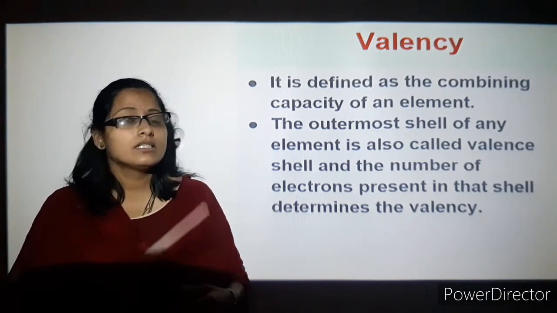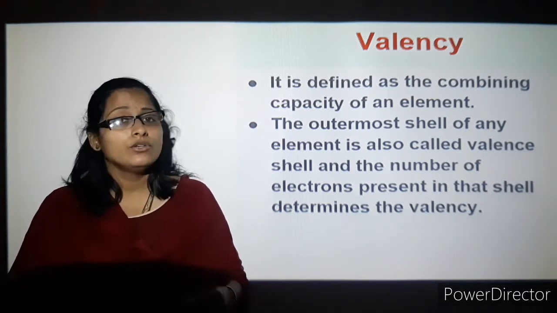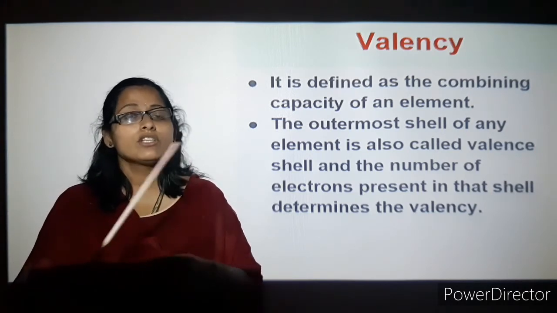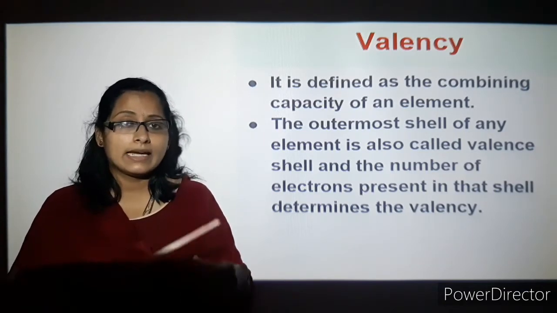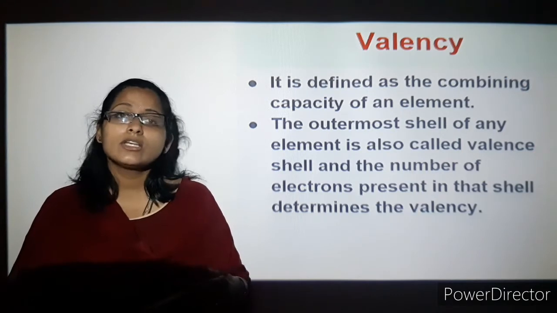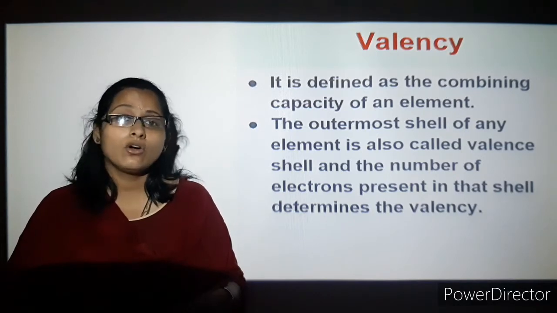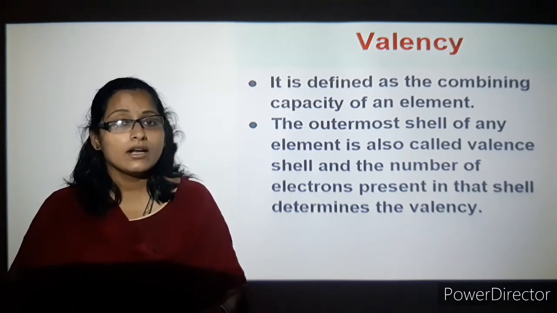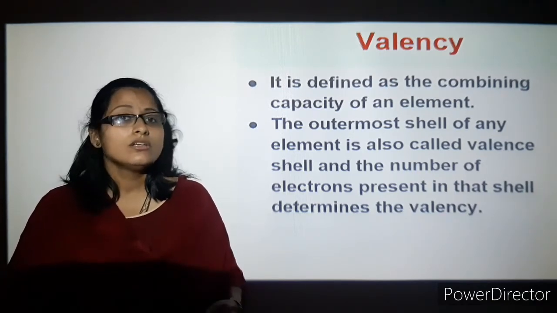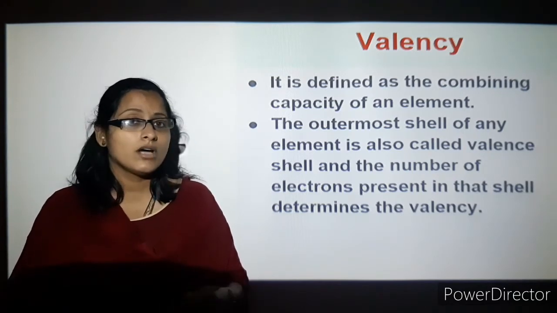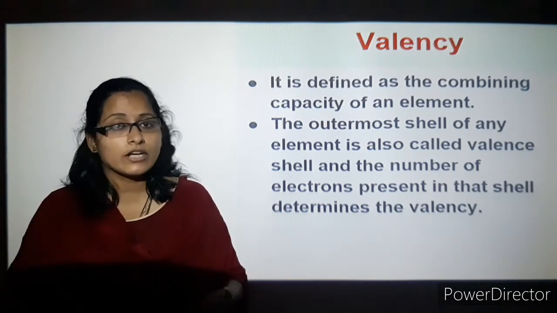So for example, let's consider oxygen. The atomic number is 8. So in the first shell, you put 2 electrons. Now how much is remaining? Remaining is 6. From the next shell onwards, that is the second shell, third shell, that is L shell, M shell onwards, you need to have 8 electrons to complete the octet configuration. That is, the particular atom should become stable. It requires 8 electrons in total. So how much is remaining now? It is 6 with the oxygen. So in the next shell, that is the L shell, you will be adding only 6 electrons there.